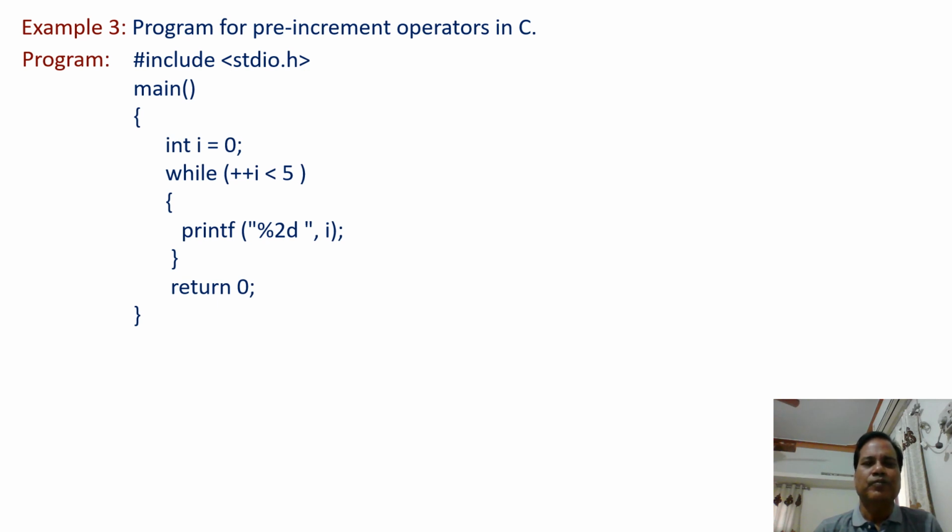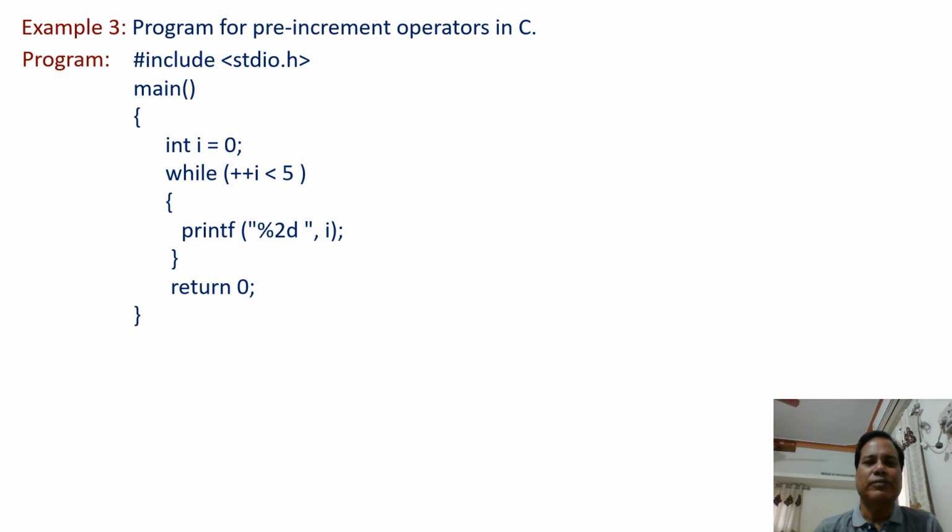and again the body of the loop is executed, and this time 2 is printed on the output screen. So in this way, till the condition is true after incrementing the value of i, and naturally here the condition is going to be true when the value of i is equal to 4. 4 less than 5, that is true, and up to 4 it is printed on the output screen.